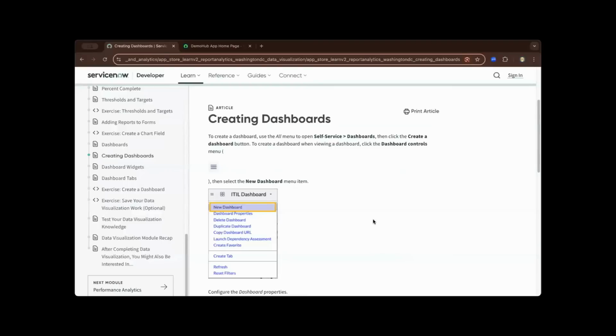Hi, in this video we'll be talking about creating dashboards. Previously we talked about the composition of dashboards, and now it's how to create one. Basically, once you go to Self-Service under All, then Dashboards, then you go to the Create Dashboard button,